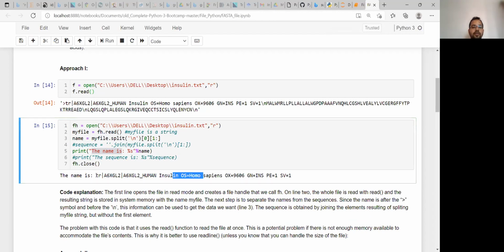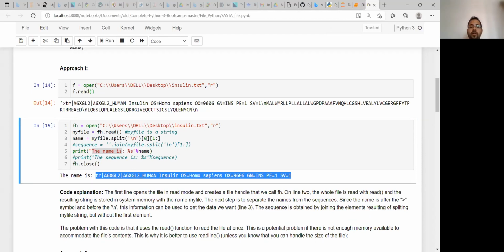You can see that no greater than symbol is printed. This much is clear, what we are doing here. First we are taking up to \n, then the first entity, that is 0, we are taking.